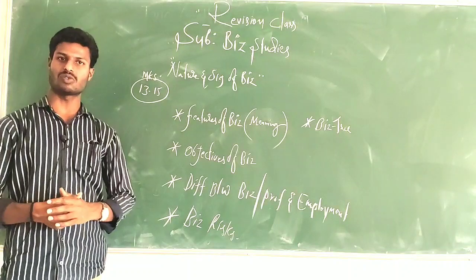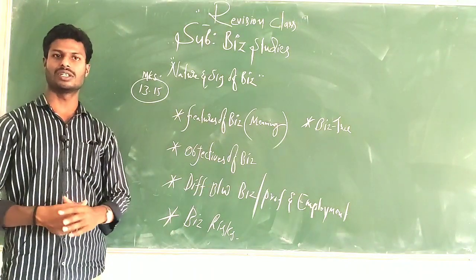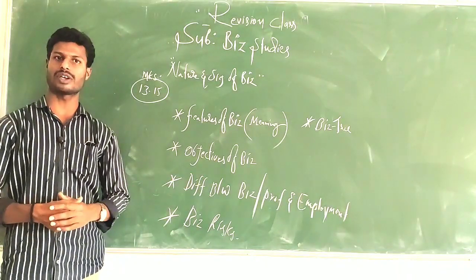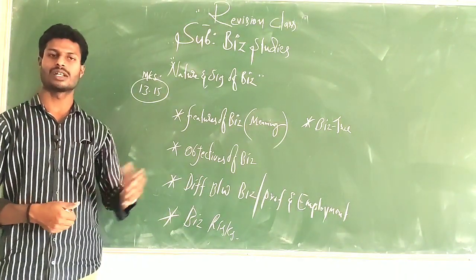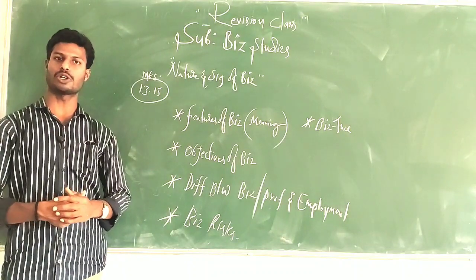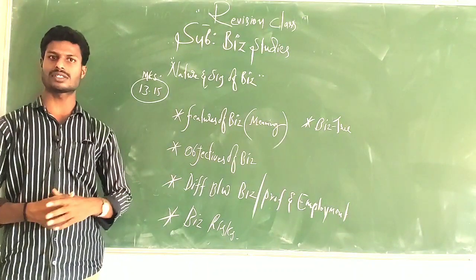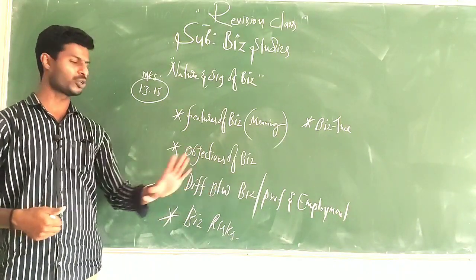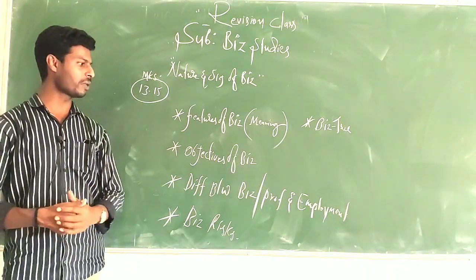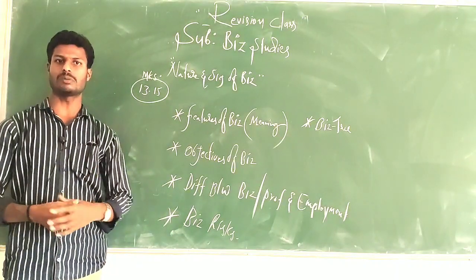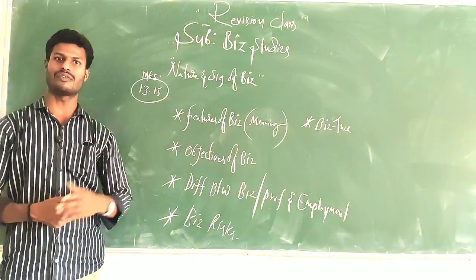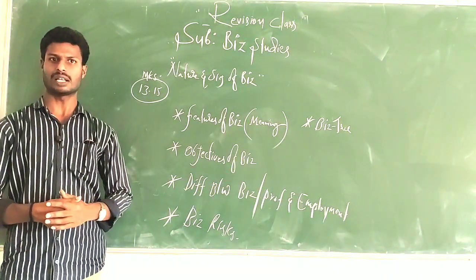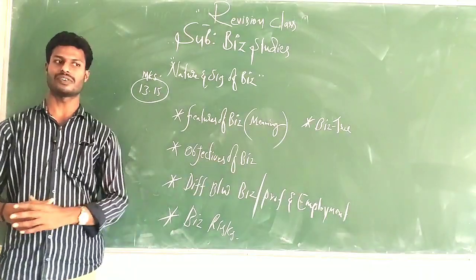To start a business, a license is required. To start a profession, a certificate is required. Example, for lawyers from the Bar Council of India, for doctors from MCI, Medical Council of India, and for chartered accountants from ICAI, Institute of Chartered Accountants of India. They must obtain the certificate to render their services to the public. And for employment, a written agreement or job offer and job acceptance letter, or employment agreement letter. So these are the differences.